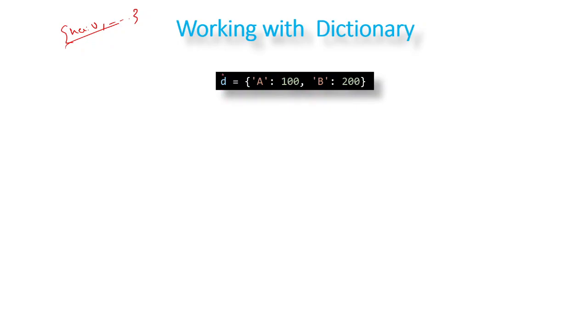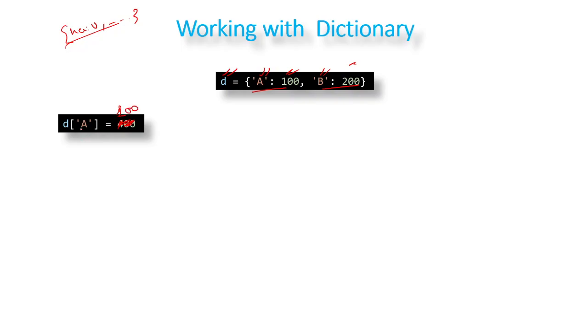Now let's see how we can work with a dictionary. We have seen how we can declare a dictionary with curly braces, and how we can store the key value pairs separated by commas. If you want to work on the dictionary, how can we do that? Suppose this is our dictionary, and these are our keys, and these are our values. So this is a key value pair, and this is a key value pair. Here it will be 100, my mistake, sorry.